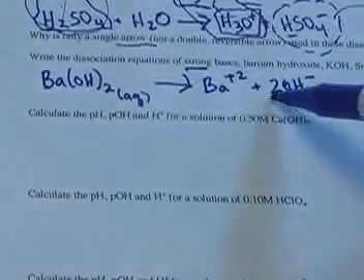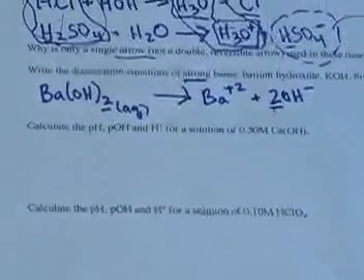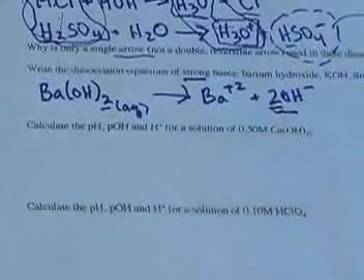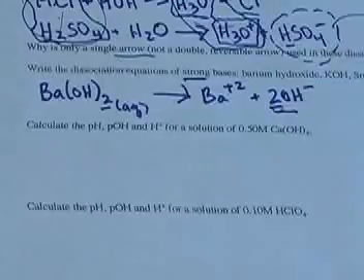Where did I get this 2 from? Well, it's because there's 2 hydroxides right here. So it's neat to notice that when you have the strong bases from the alkali earth metals, they're always going to give you double the amount of OH that you'd get from a strong base that's from the alkali metals,